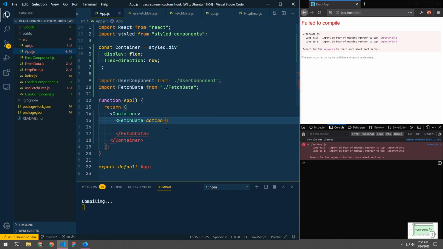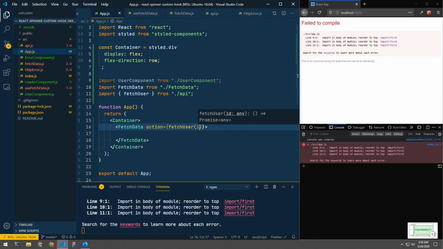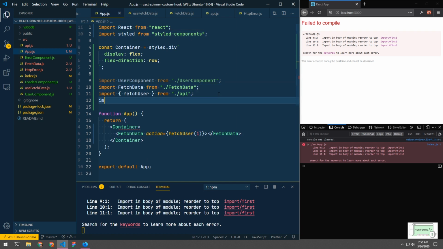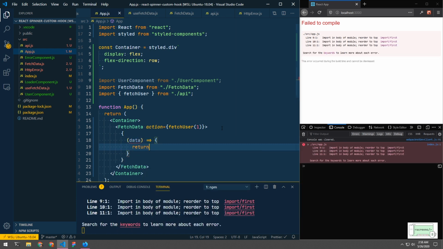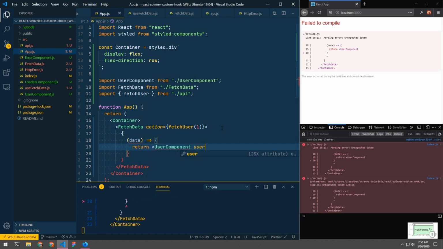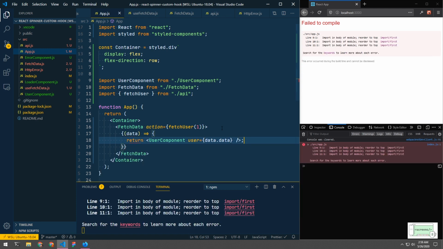So we'll pass the action prop to FetchData and pass the prop as fetchUser, and we'll pass the user ID as 1, and then we'll get the data back and use the User component, and inside the User component we'll get the data as a single user.